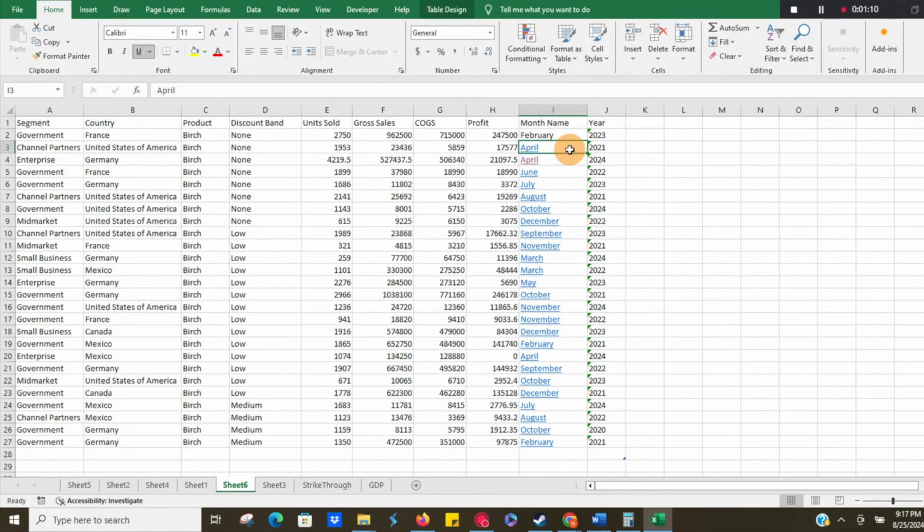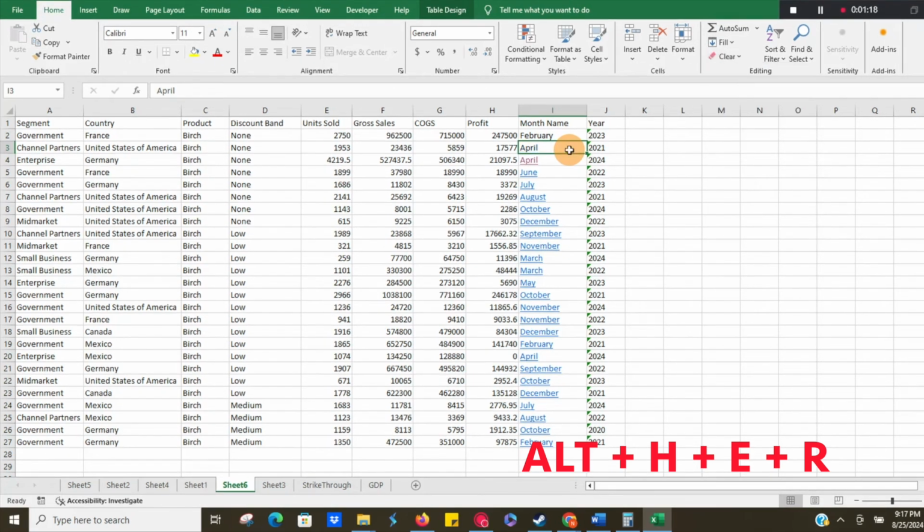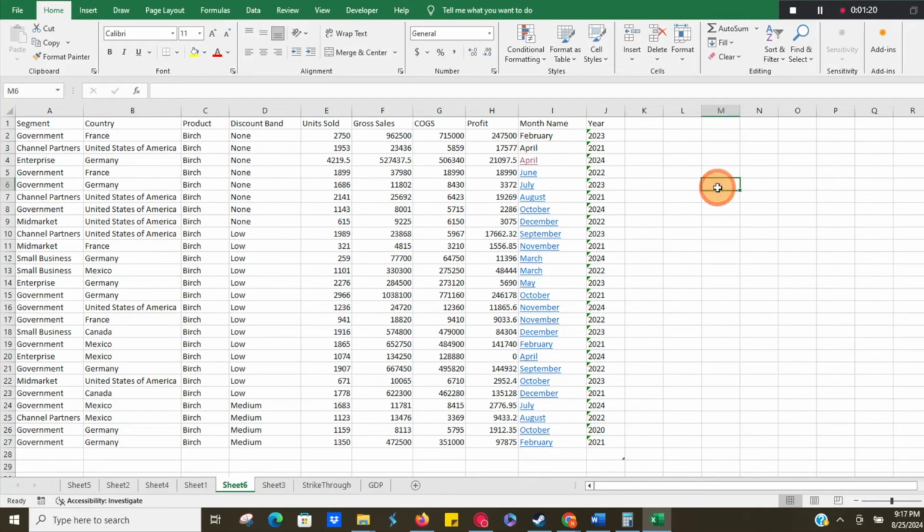Another shortcut you can do to get there is if you do Alt, H, E, and then R, it's going to do the same thing. So if you can get that memorized,